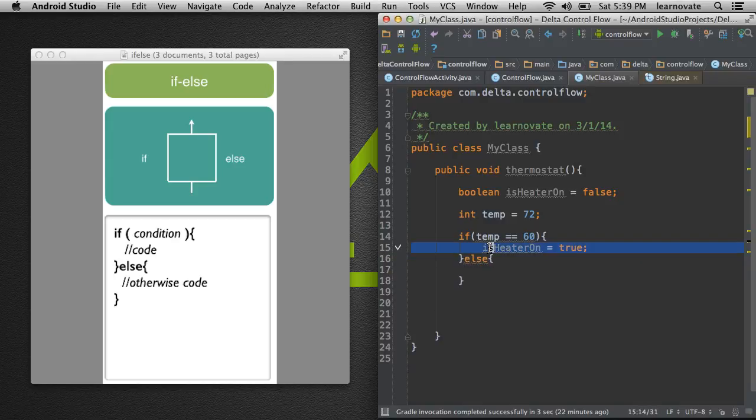Again, this line of code will run under certain conditions. Otherwise, this line of code will run. So in this case, I could say if the temperature is less than 60, turn the heater on. Otherwise, turn the heater off. This is a very common statement, and in fact, we can even continue further with our if and else by